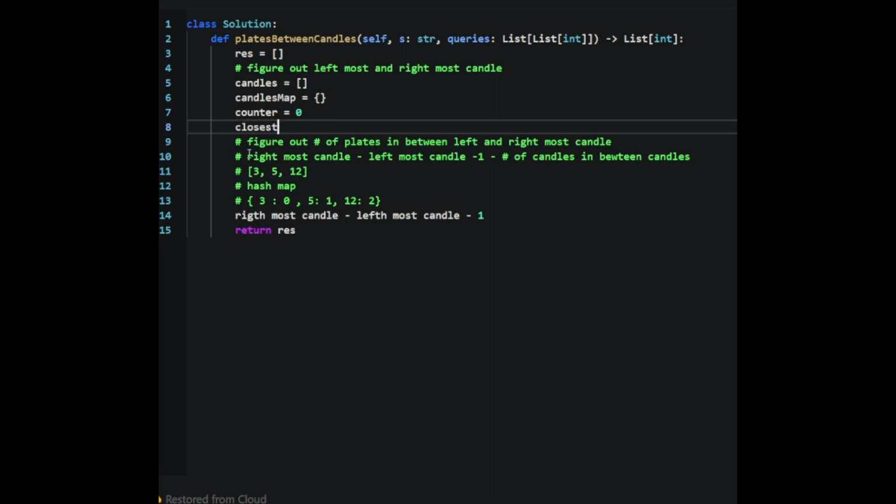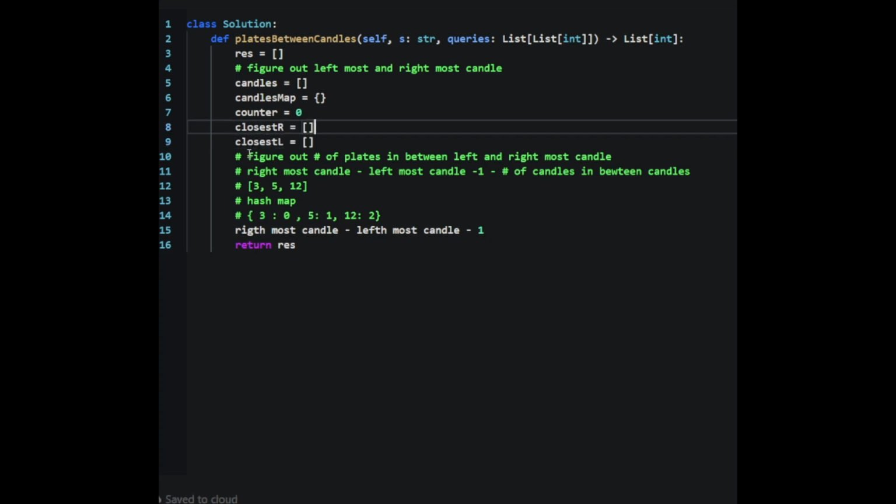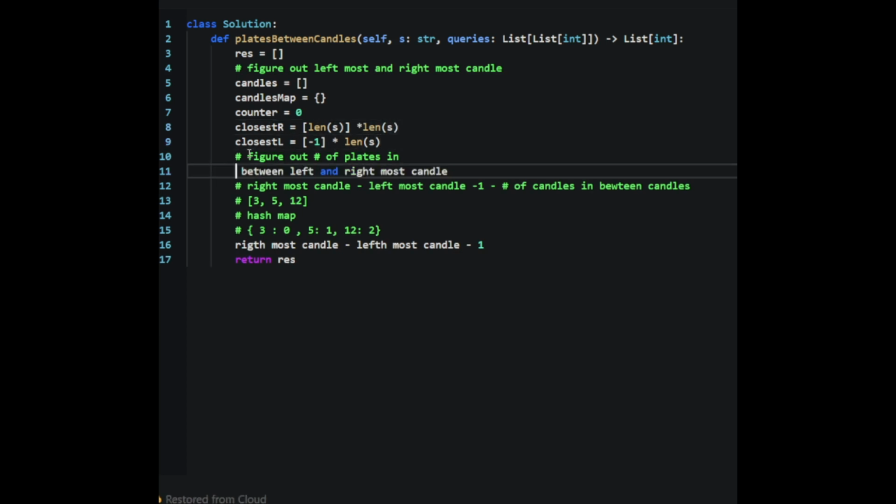So we'll have closest R and closest L, representing the closest left or right index of the candle for every index. If you remember, for closest left for the first couple of indices, we'll have -1. So we'll first set up the whole thing to be -1, and then we'll update the values depending on what we get. For closest right, we'll have the out of bounds length, right? Now, if you remember,